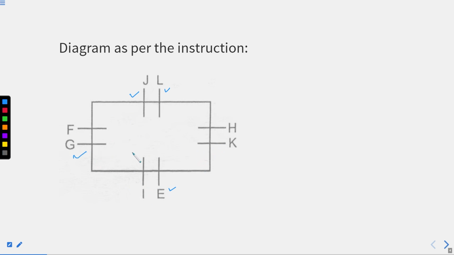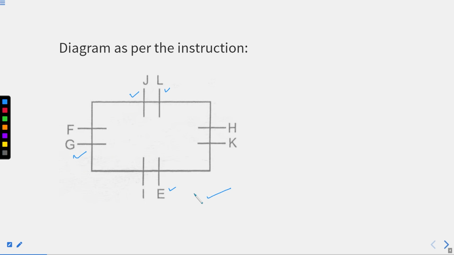Similarly, we don't have any females seated together, and all 8 are arranged together. You can see in this diagram. Now I hope this diagram is clear. You are able to make this diagram when you are clear with all the instructions given. I hope this part is also clear, right? As soon as you are aware of all the instructions, you are able to make this diagram.